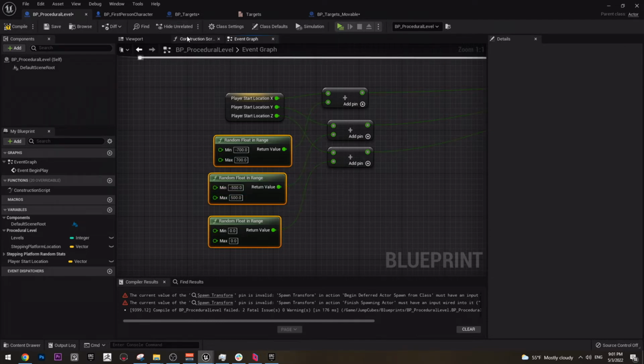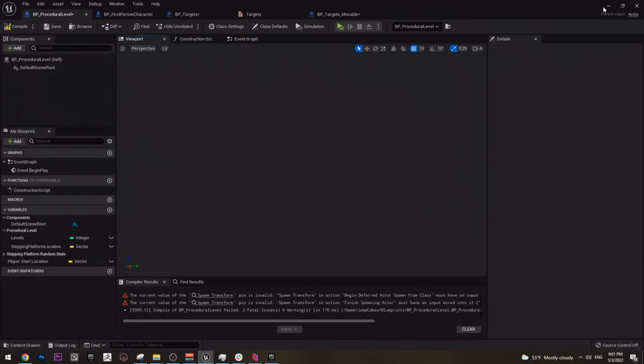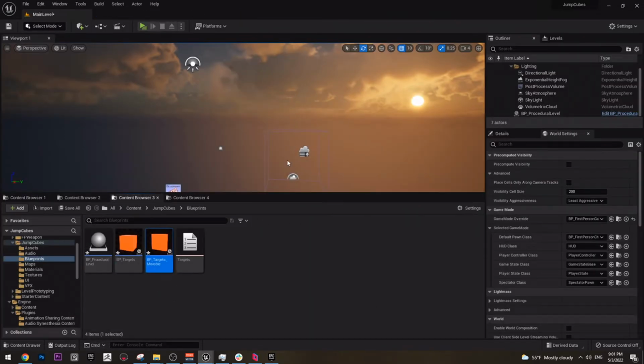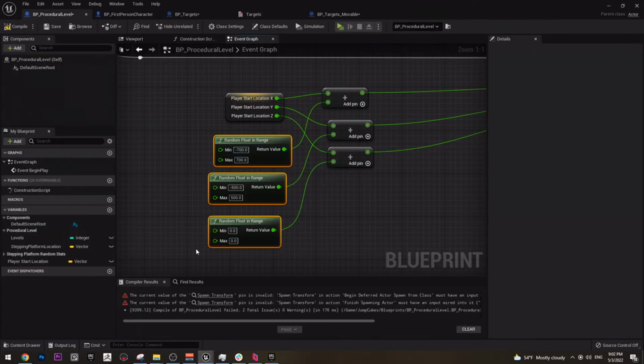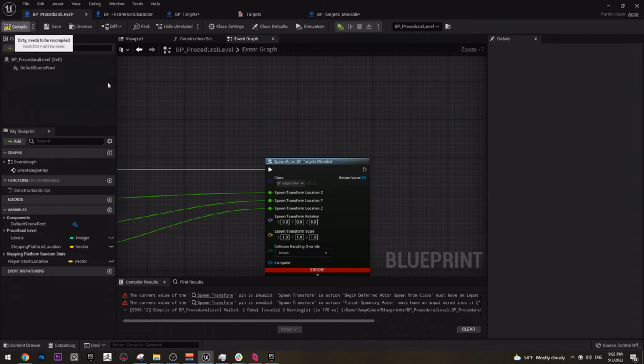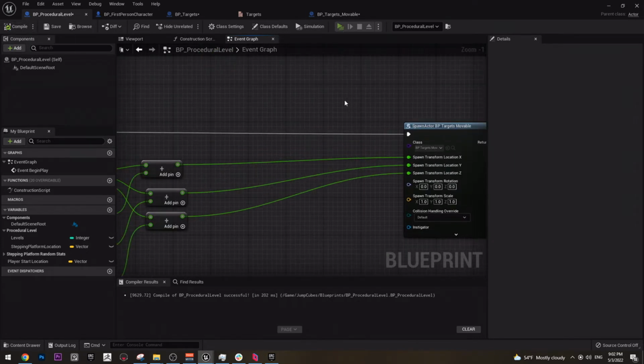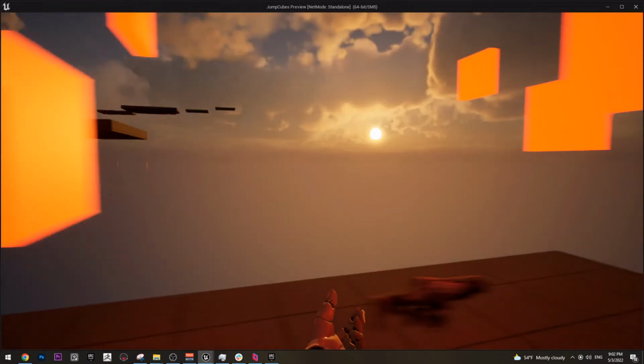I want them to move more towards the sun, like towards the direction of the cubes rather than left and right. And the z-axis, I'm going to do 130 and 400. And now if I compile and if I play the game,